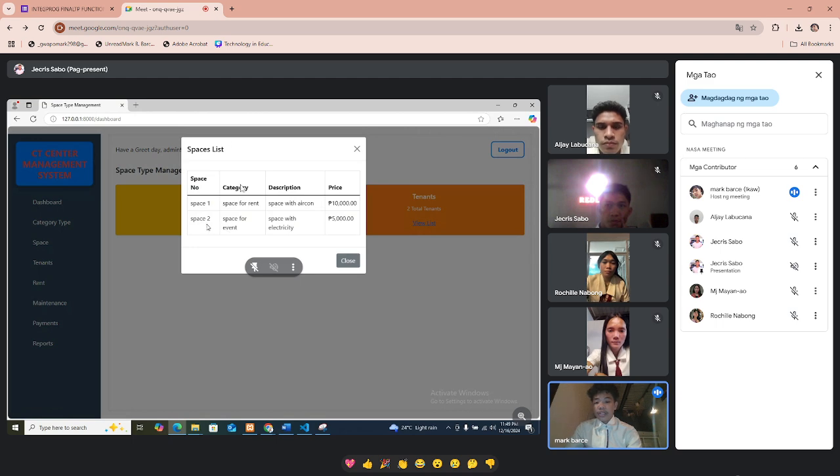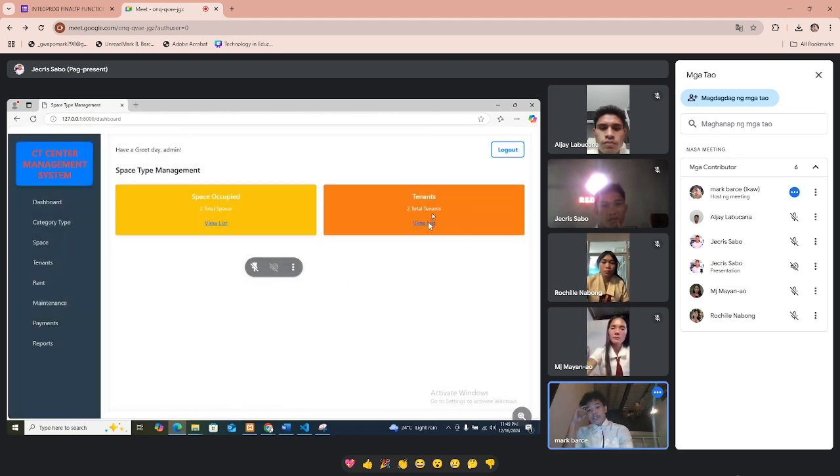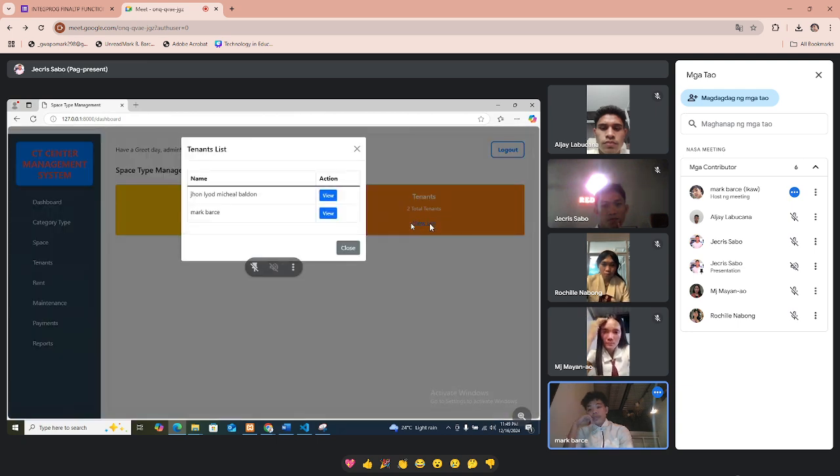You can see the spaces displayed here, space one and space two. There's a category, space for errand and space for event. So let's close. Our tenants, there are two total tenants. So let's view. There are John Lloyd Michael Baldon and Mark Barsi.